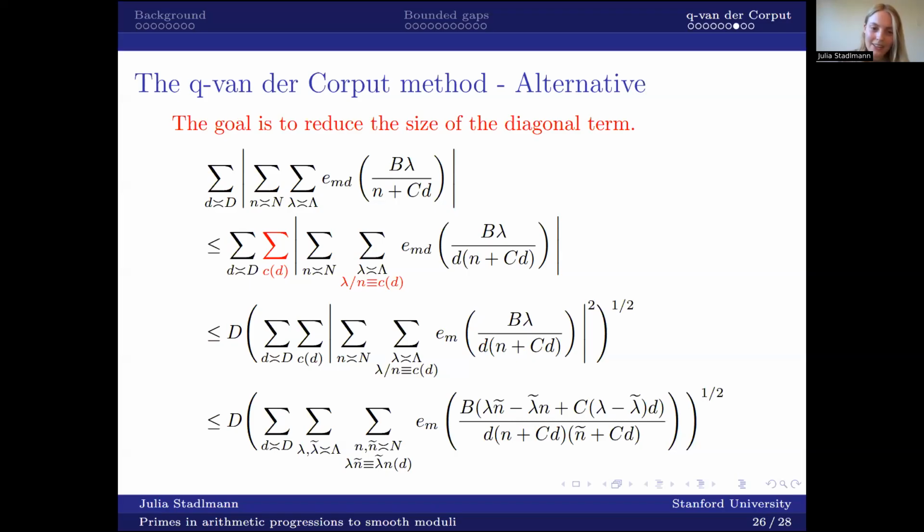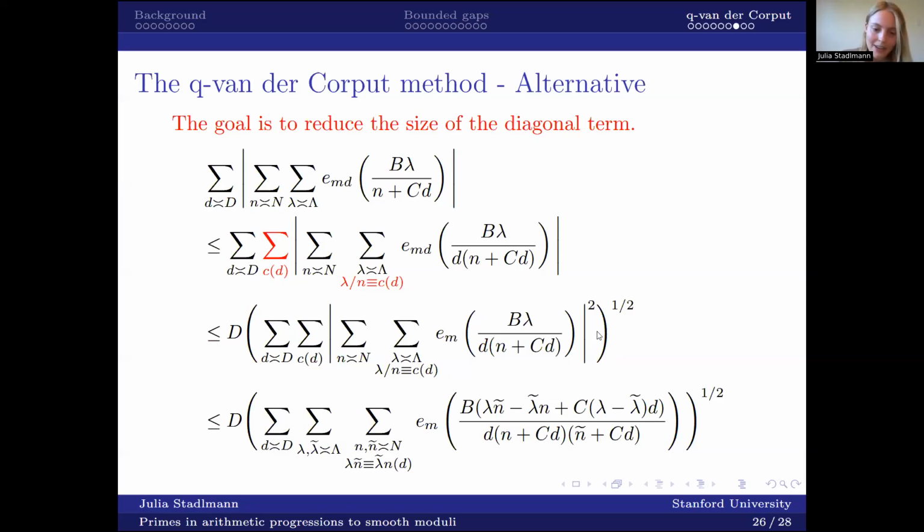And the idea in the first step in the Q van der Corput method was always to fix the phase mod d. And we did this by fixing lambda and fixing n mod d. But we could also do this by just fixing lambda over n mod d. And that way the lambda stays involved. So this is the main idea. Instead of bounding lambda trivially, we look at lambda and n together, look at the ratio lambda over n, and fix its value mod d. And with that, we can again reduce the modulus here from md to m, apply the Cauchy-Schwarz inequality,